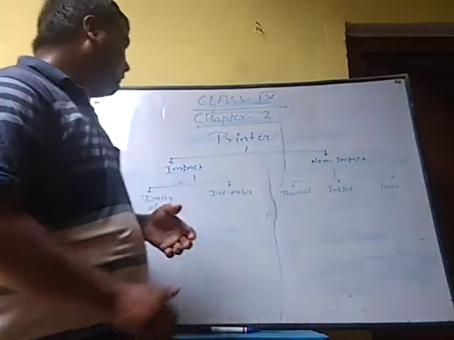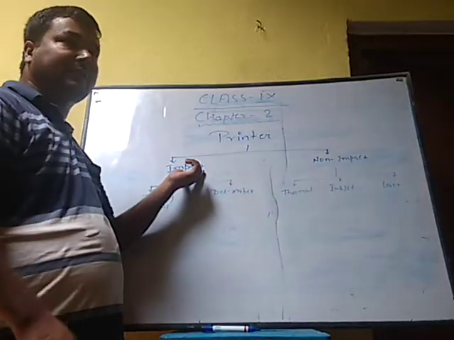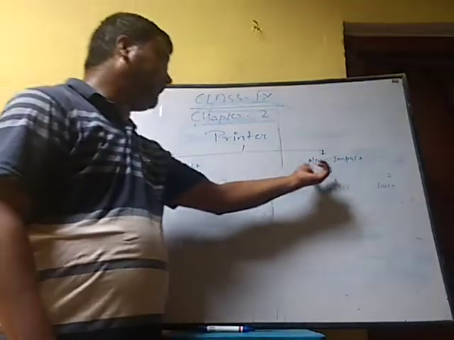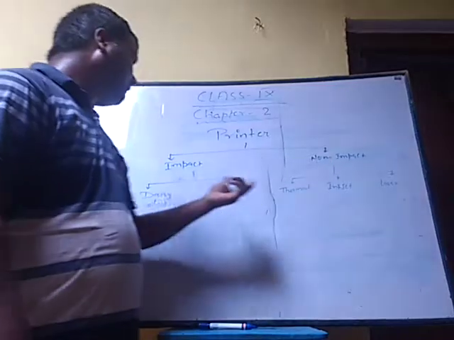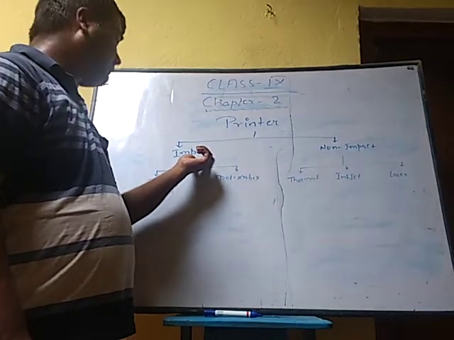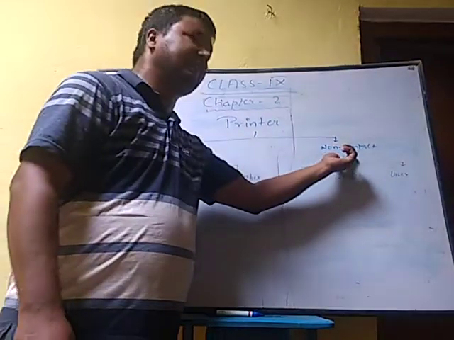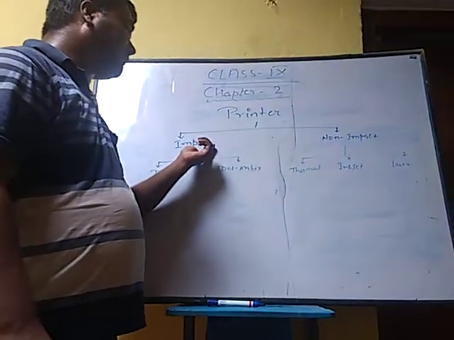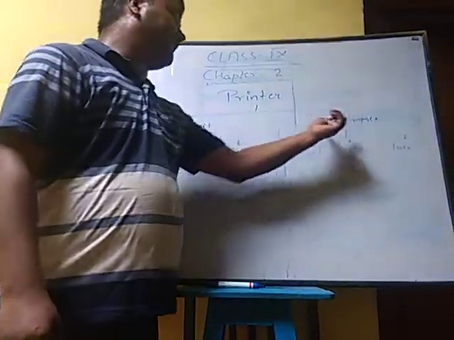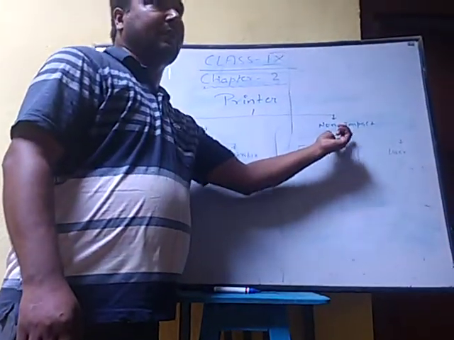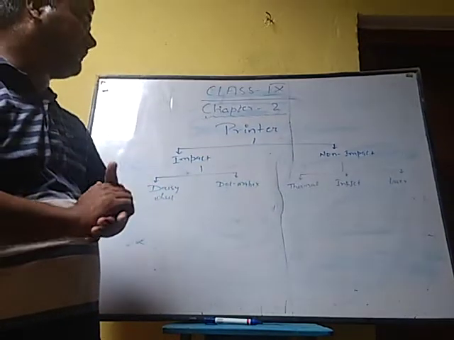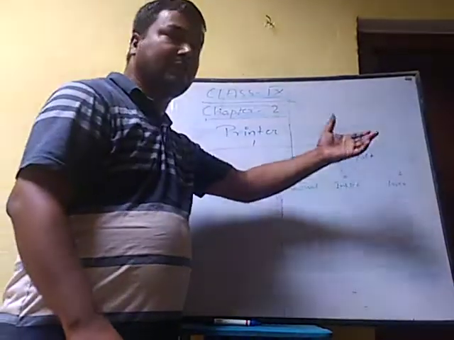Non-impact printers can print characters. Impact printing quality is not good, while non-impact printing quality is very good. The cost of printing is cheap for impact printers and high for non-impact printers. Printing speed is slow for impact printers and fast for non-impact printers. We cannot print graphics with impact printers, but we can with non-impact printers. So now I think you have understood the difference between impact and non-impact printers.